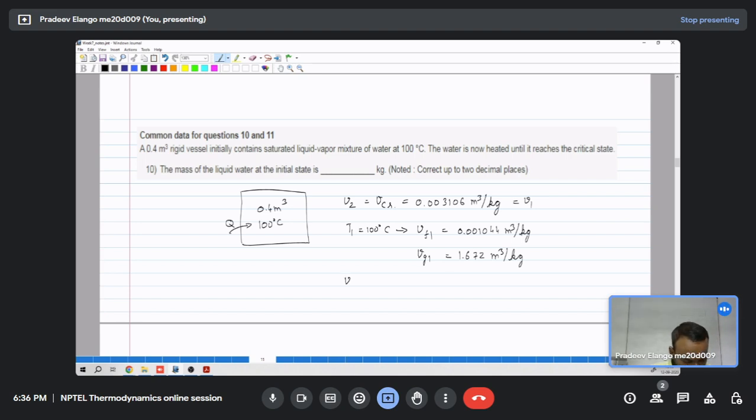So now we know V1 is Vf1 plus dryness fraction at state 1 into Vg1 minus Vf1. So 0.003106 is equal to 0.001044 plus x1 into 1.672 minus 0.001044. With this you can calculate x1